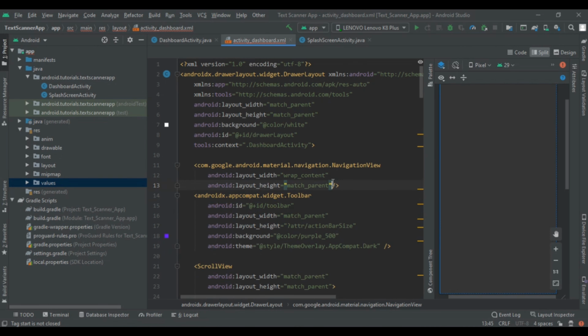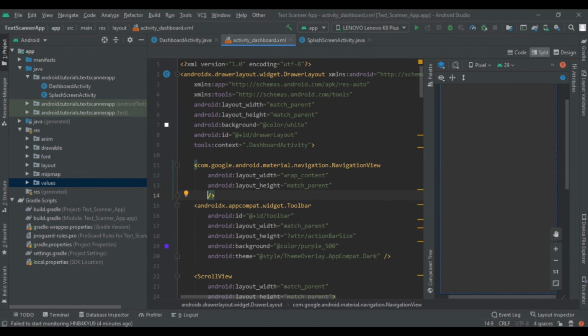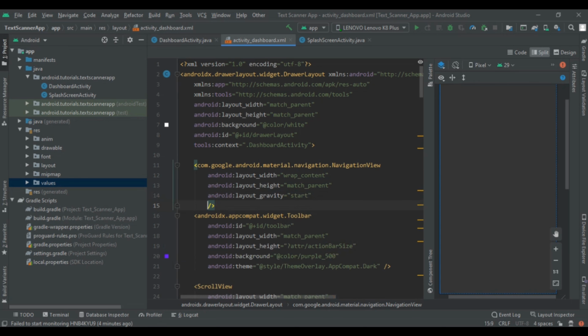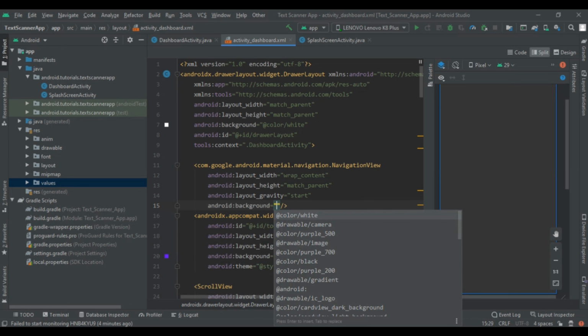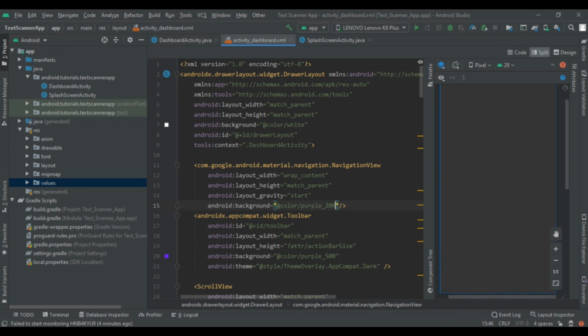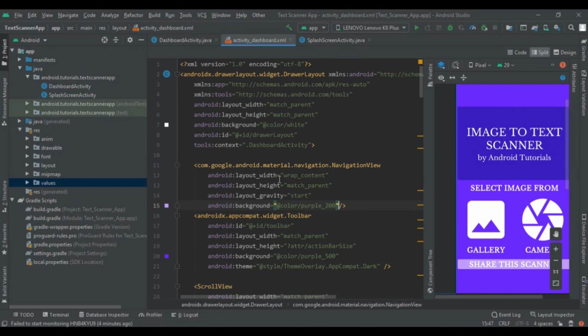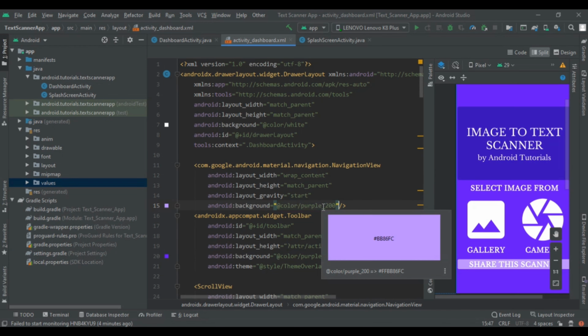We have to write the layout gravity manually, so type layout gravity is equal to start. Then we have to implement the background. The background will be the gradient as we had created, or we can use the purple 200. The color code of the purple 200 is BB86FC. You can use that.